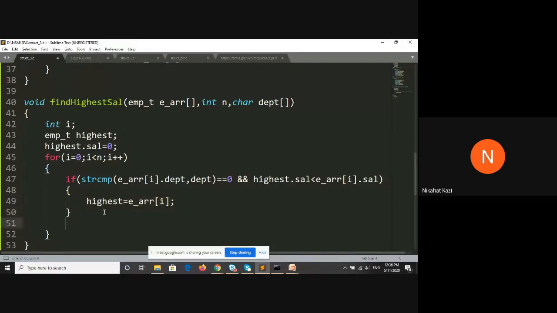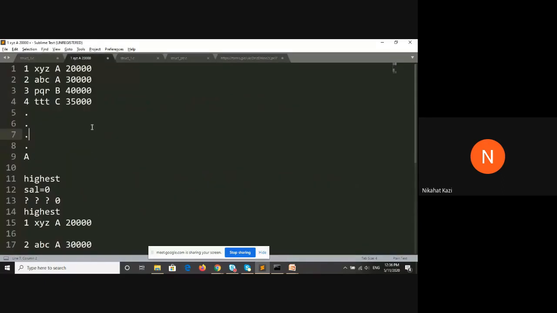Then one more thing after I write this: what if you have to also take care of the case where the user enters something which is not there in the database? For example, suppose the user puts the department name as X, which is not present in the data set. So how will you understand?